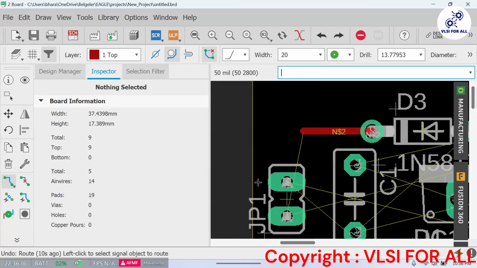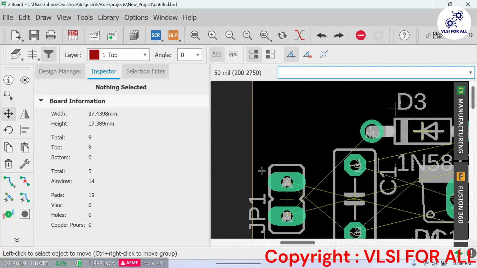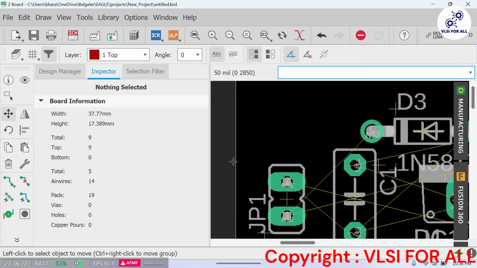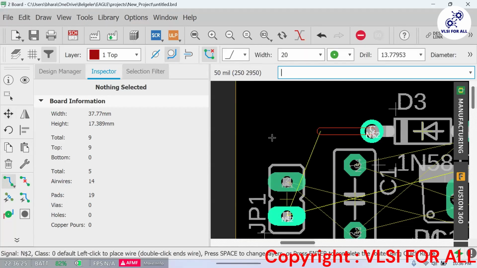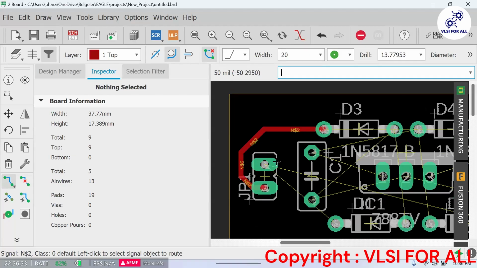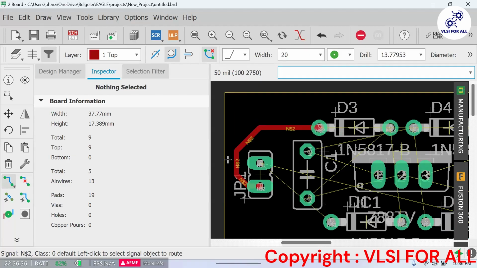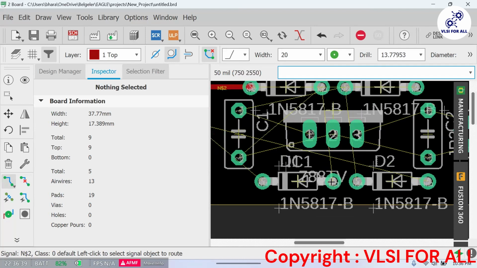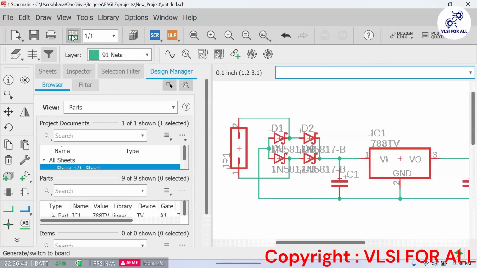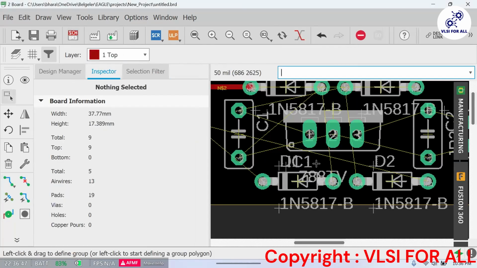One second. I will give this a little bit of space. Rather, I will shrink it. Okay, see, this connection happened properly. Then D1 to D2. So how are we going to connect it? The minus should be flipped actually, if I'm not wrong. Why is this coming every time here?